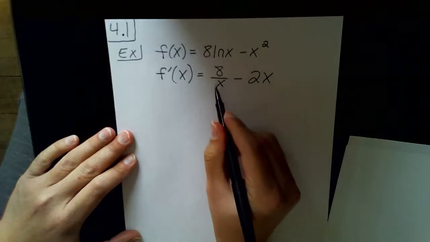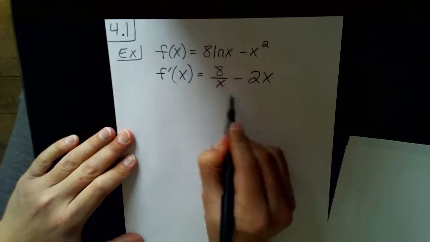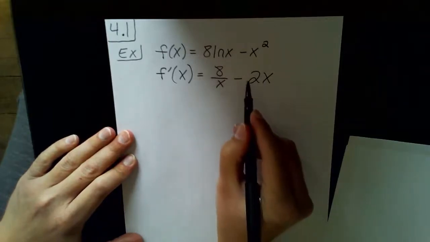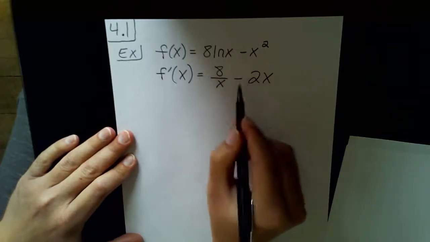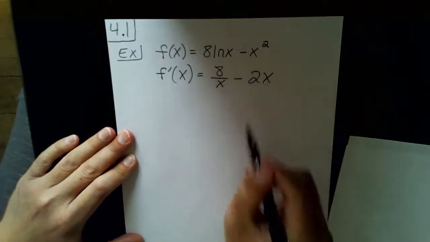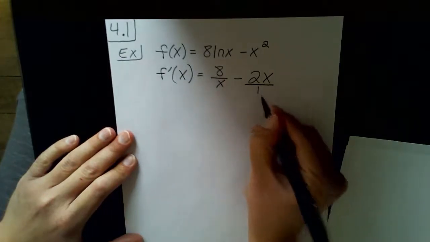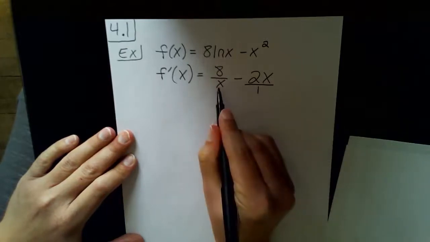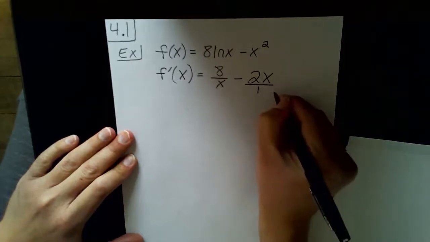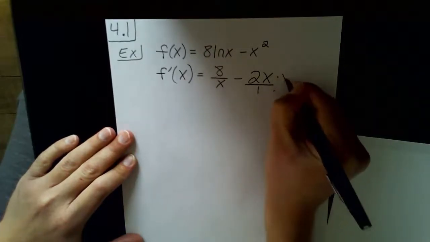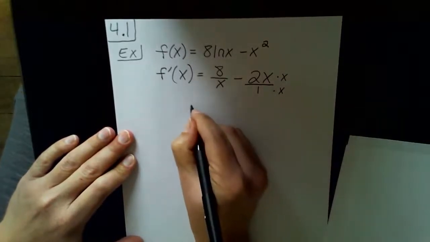Now, before we continue finding our partition numbers, we have to turn this into one complete fraction. If we try to find them using this, it would be a little bit more complicated than just setting the top and bottom of the fraction equal to 0. So we are going to put this 2x over 1 and find a least common denominator between x and 1, which is just x. So we multiply the top and bottom of the right fraction by x,